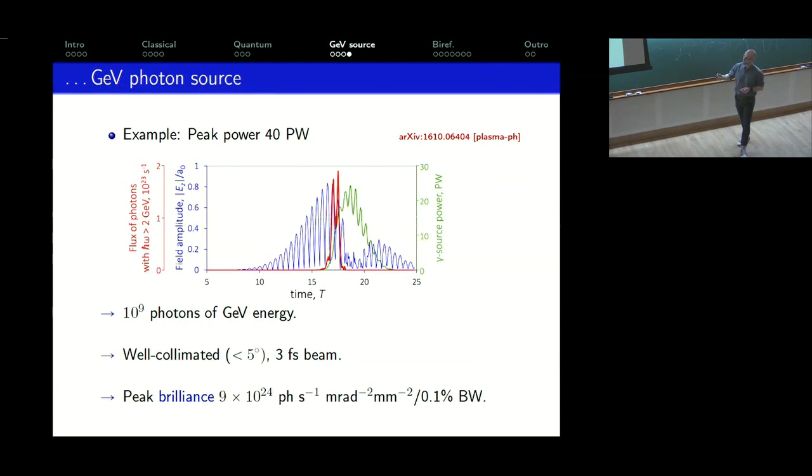Okay, so this peak contains about 10 to the 9 photons in a well-collimated short duration beam with this peak brilliance, which is high. I'm a theorist. This number doesn't actually mean anything to me, but I'm told it's quite high. But the point is, this is the kind of behavior that you want from a photon source. In order to generate this, you do need to use this dipole configuration to get up to the maximum field intensities. Seems quite exotic. On the other hand, there are facilities like XCELS in Russia, which are looking at 12 beam setups.